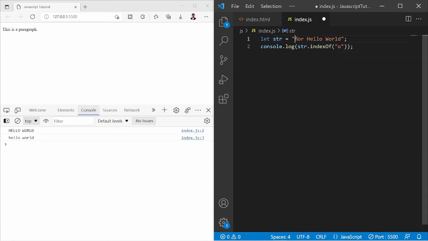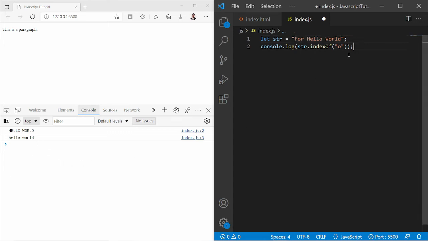So in the given string we have o at the fourth position, and also at the eighth and eleventh position. But since it will search and return the index of the first occurrence, this console.log should print 4 here.